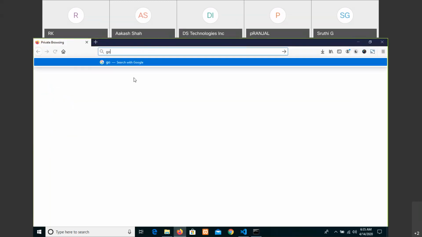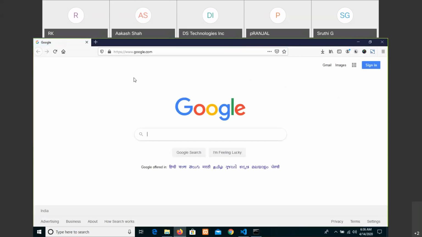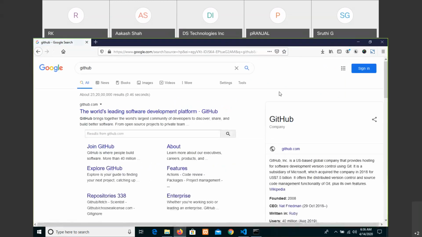At the same time, there is GitHub, where we can have a free account, and we can share our projects.